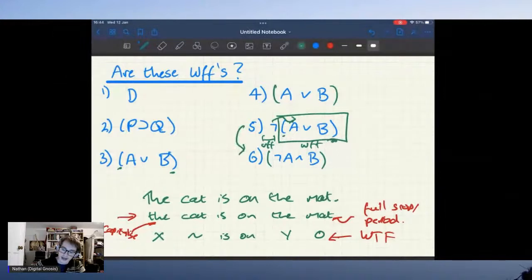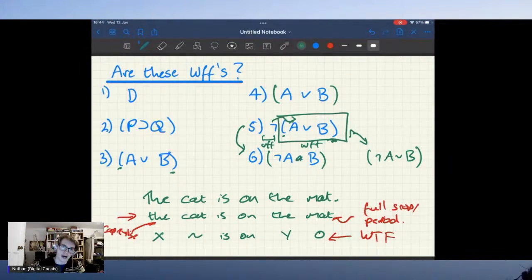So are we trying to say not-A or B, or are we trying to say not-(A or B)? Because those are two different things that we might be trying to communicate, and that's why it's important not to be sloppy about our use of the brackets, even though it's very pedantic. And I might be sloppy about them in teaching